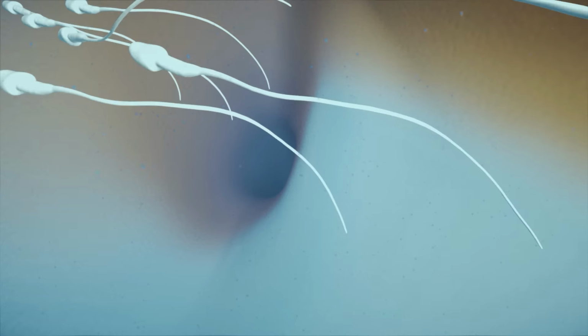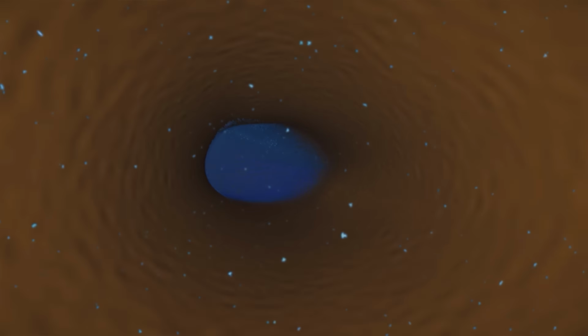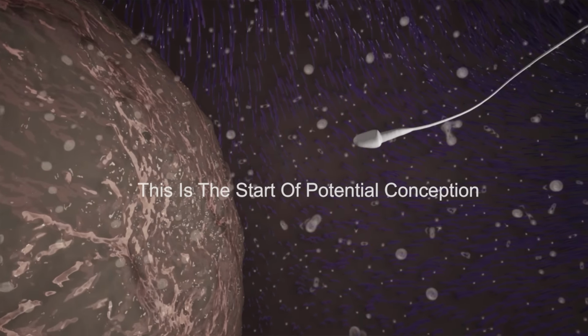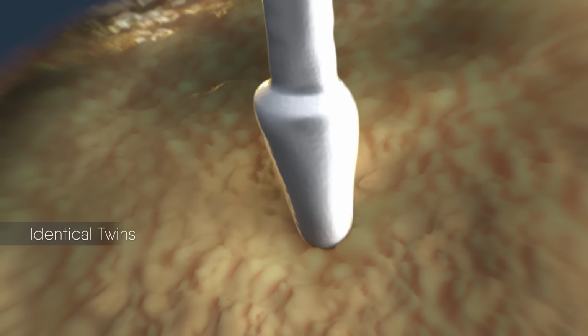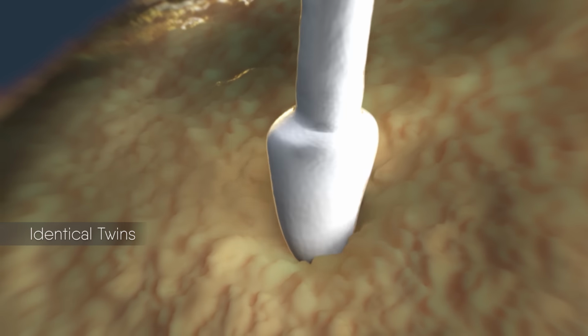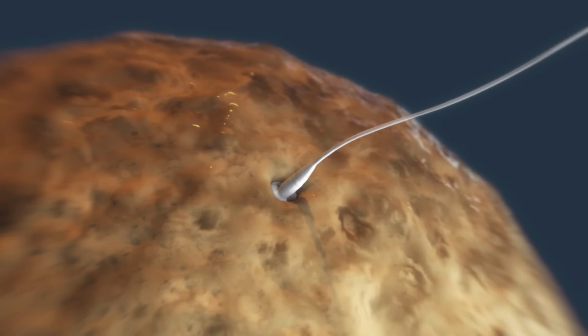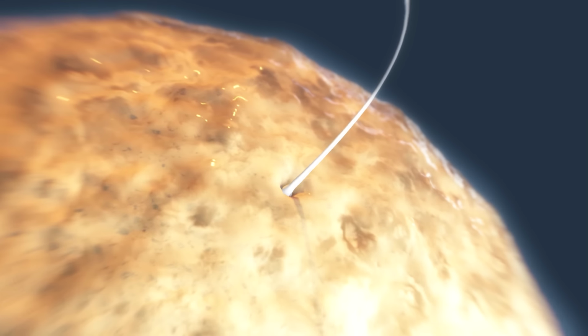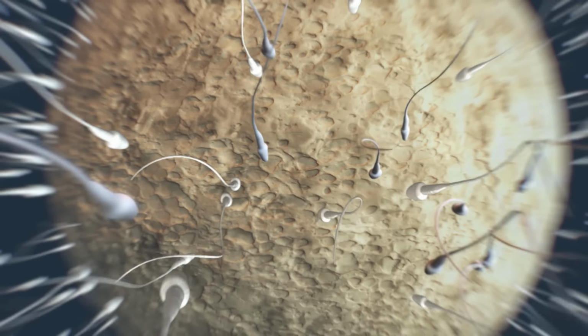When sperm enters the female reproductive system, it travels up to the fallopian tubes, searching for an egg to fertilize. This is the start of potential conception. Sperm penetrates the outer layer of the egg. Only one sperm can successfully break through this layer, and once it does, the surface of the egg changes immediately